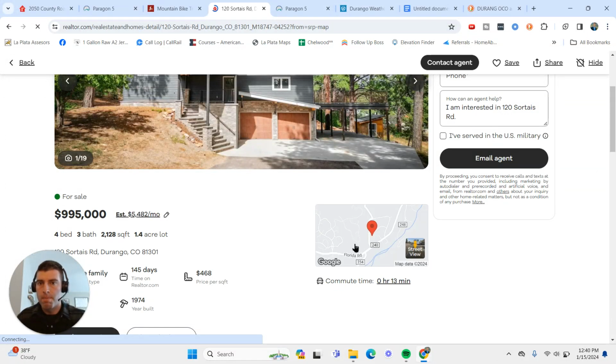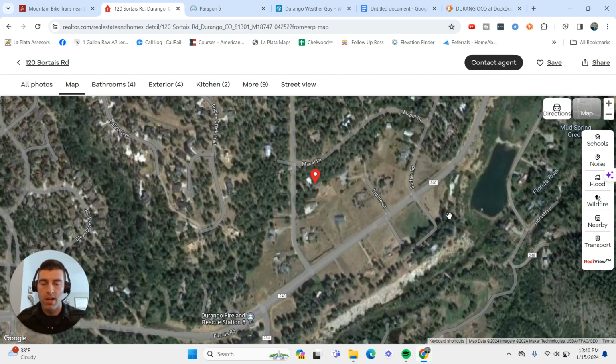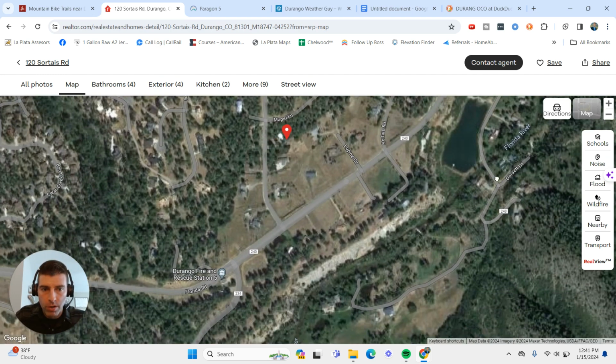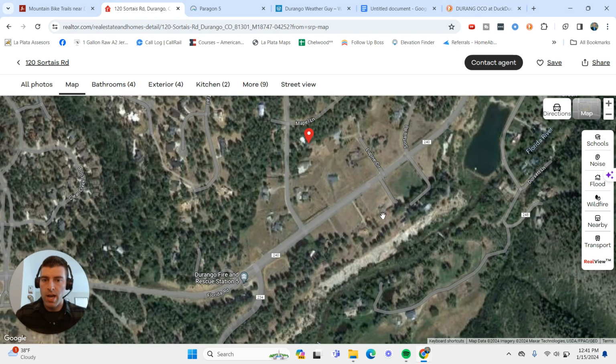Let's click on that map. It runs right behind this property. Let's go to satellite view and show you that. Florida River runs right through here. So this property is right on the other side of County Road 240. A lot of the homes are right here on the opposite side, but it's kind of up the hill a